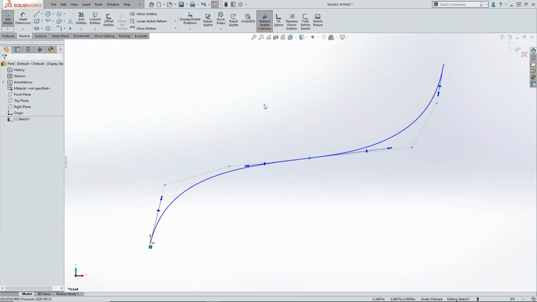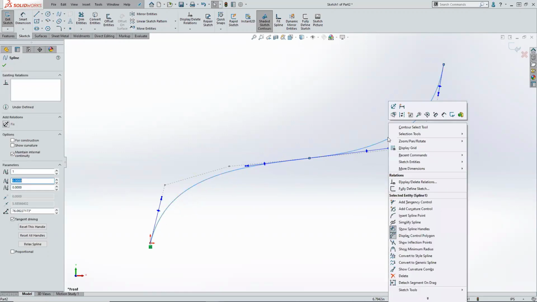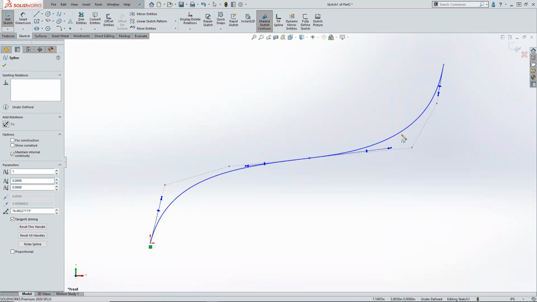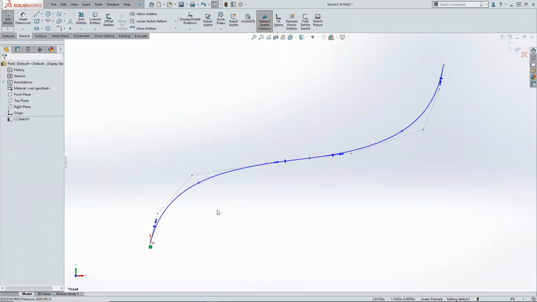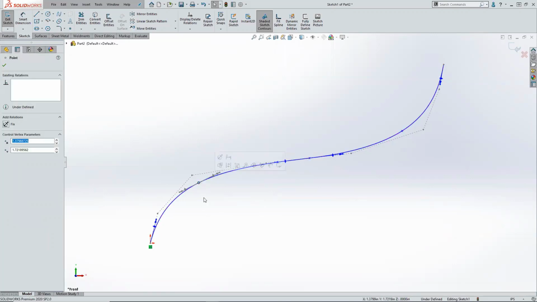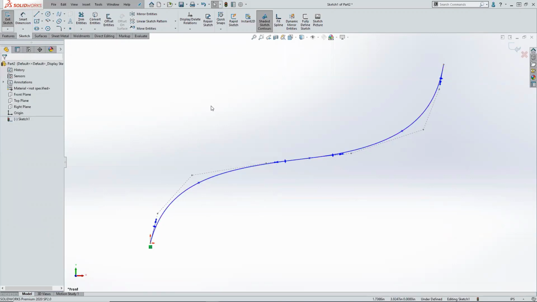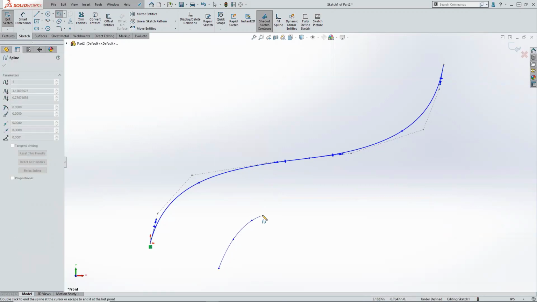Okay. So in the area of more curve control, let's say we added a couple of extra spline points in here. Okay, and so we've got those guys in there. Let me show you the worst way to create a spline. The best spline has the least number of points in it. For example, if I were to do something like this